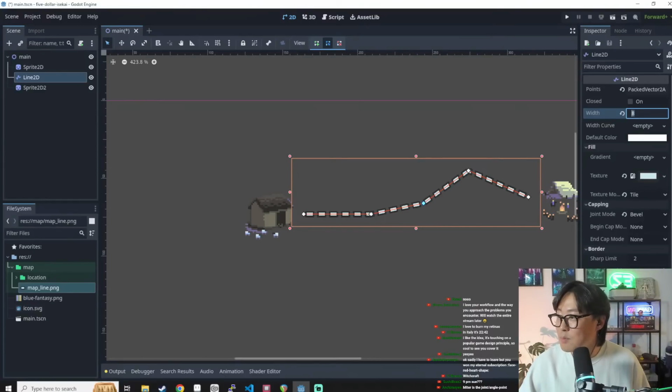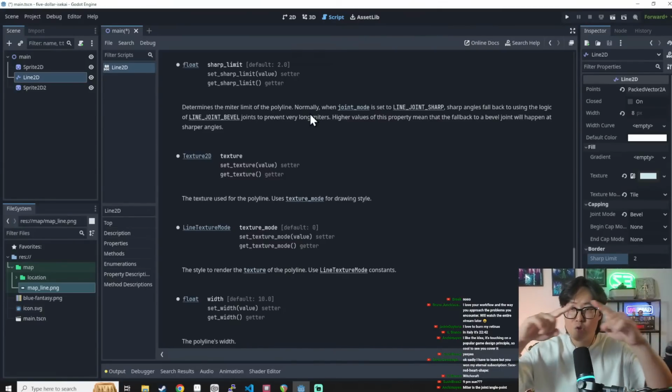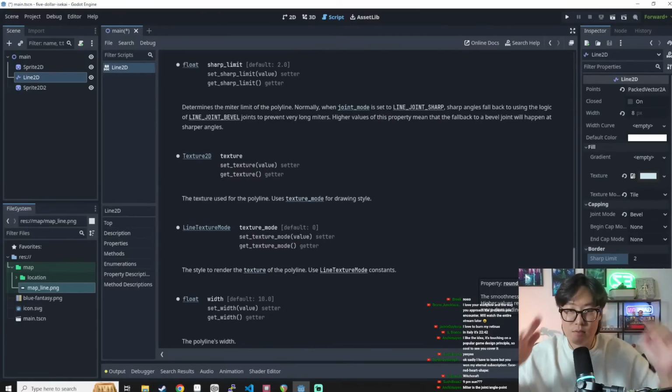Miter is the joint angle point. Joint angle point, I see. So if we read that again, sharp limit: determines the miter limit, so the joint angle point limit of the polyline. Normally when joint mode is set to sharp, sharp angles fall back to using the logic of bevel joints to prevent a very long miter, a very long joint point. Higher values of this property mean that the fallback to bevel joint will happen at a sharper angle. Okay, so it's like this angle versus this angle. A lot of the times when it's like this, if there was no limit for sharp angle, it'll always be a sharp angle, right? Kind of like